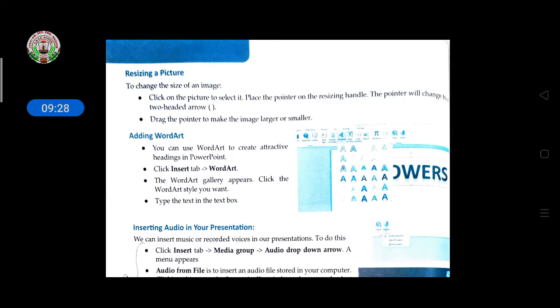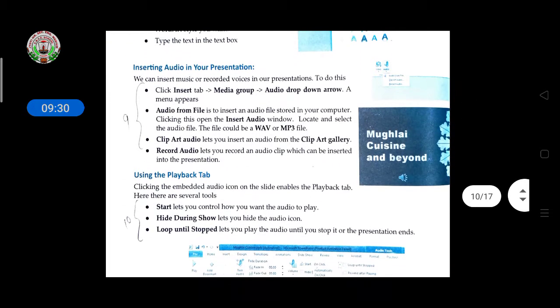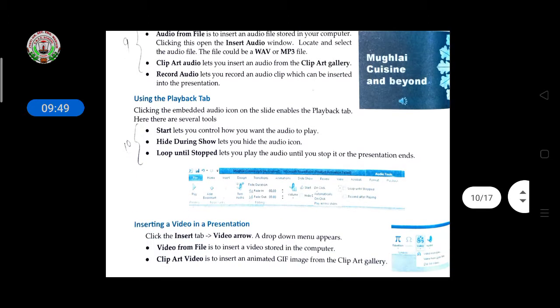Then if you want to add WordArt, that is also given here. If you want to insert audio in a presentation, it is given here in the layout, all the multimedia, all the videos and MP3s, all these tools are given there. If you want to add them, with the help of that particular tool, you will be able to add them to the